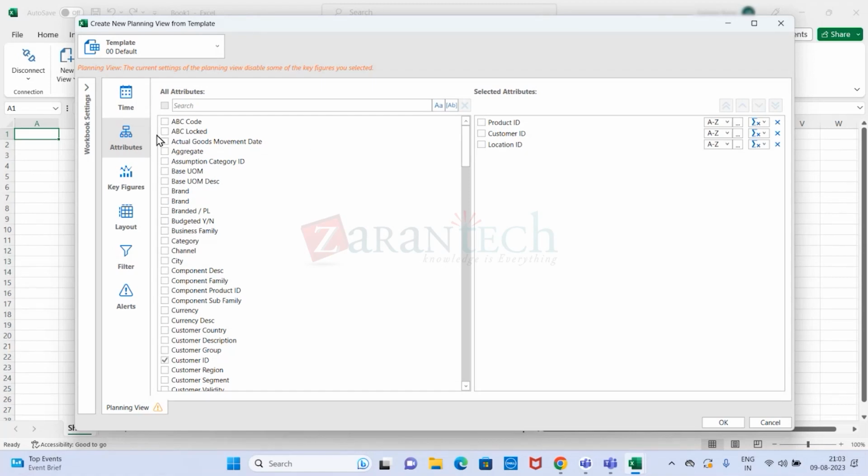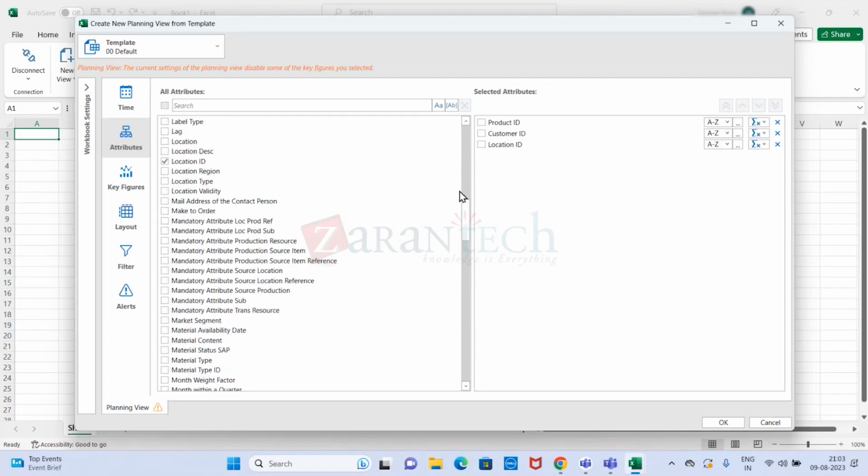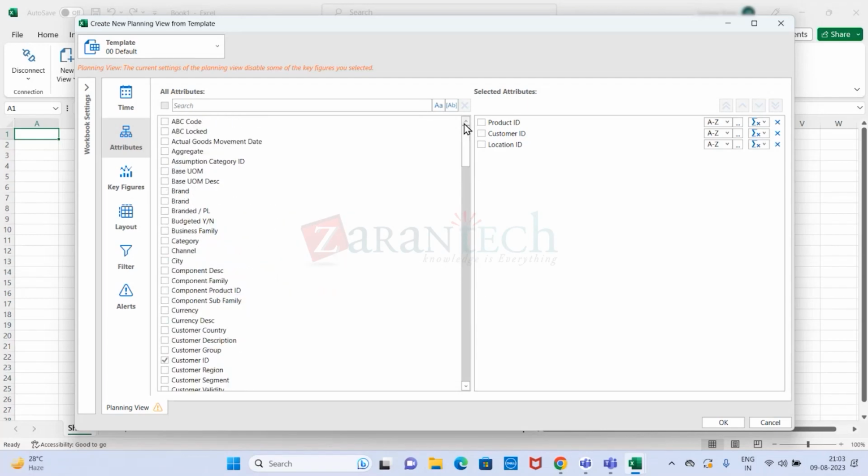Yes. Now we move on to the next attribute, which is basically the planning view, called attribute. On the left hand side, you see all the attributes available in the master data, which you are supposed to select and put as a part of your data sets. Whatever you select on the left hand side will get on the right hand side as selected attributes. You see here, the product ID, customer ID, and location ID are already pre-selected, or you can select them manually, or deselect them if you don't want. But I think these are the mandatory